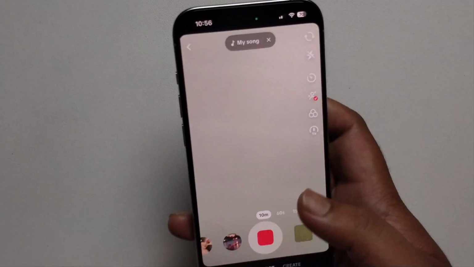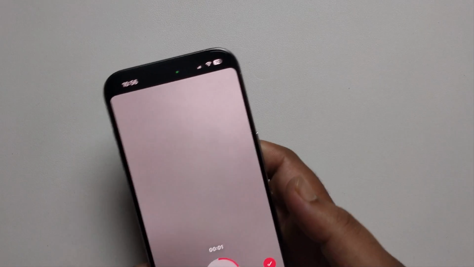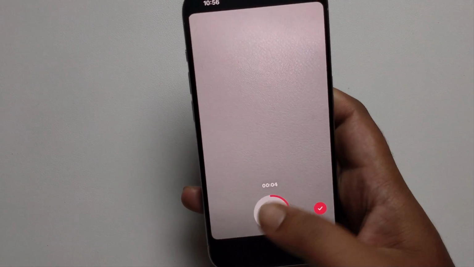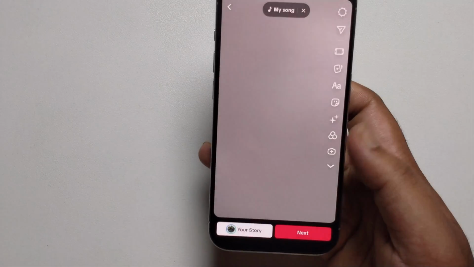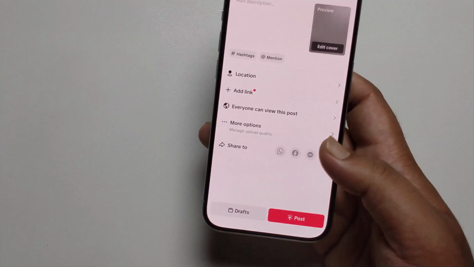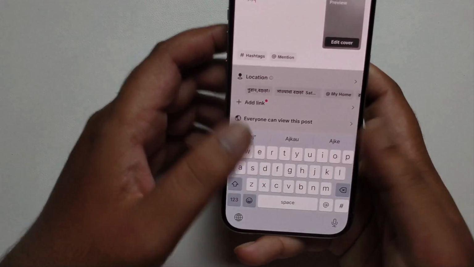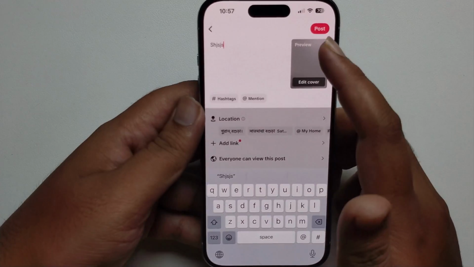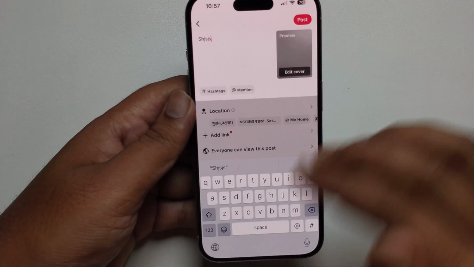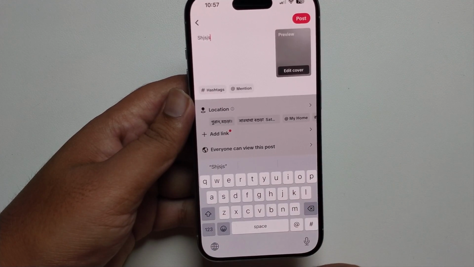Now I make reels, record video, stop, right mark, next, and I post. Just press on post. So that's how you can easily make original sound on